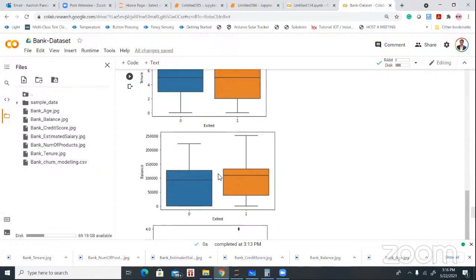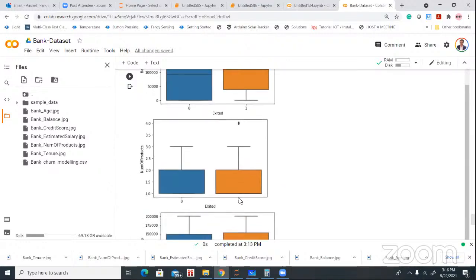So here we have a little bit different patterns, and almost the same pattern for the customers who are using a particular